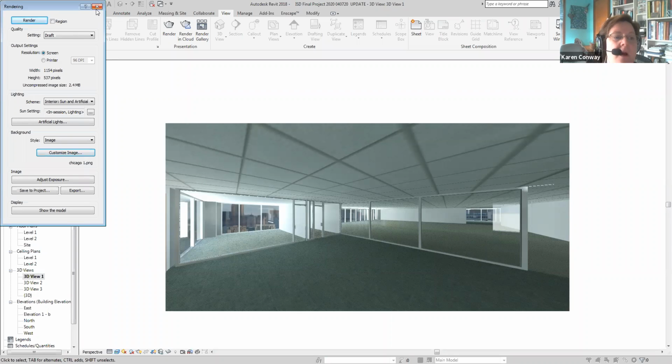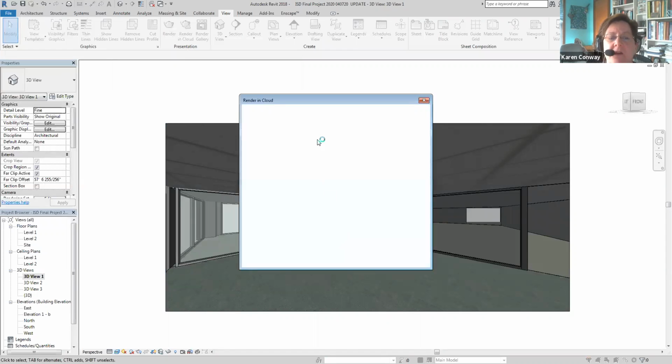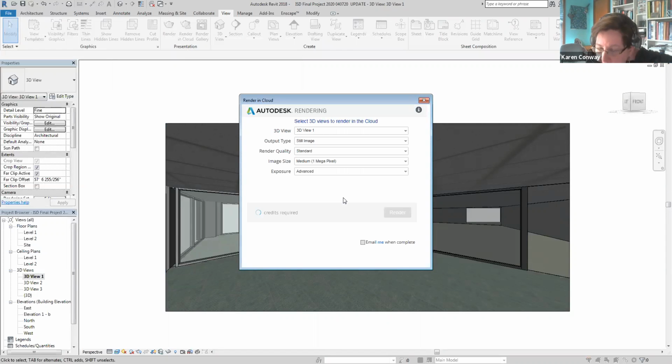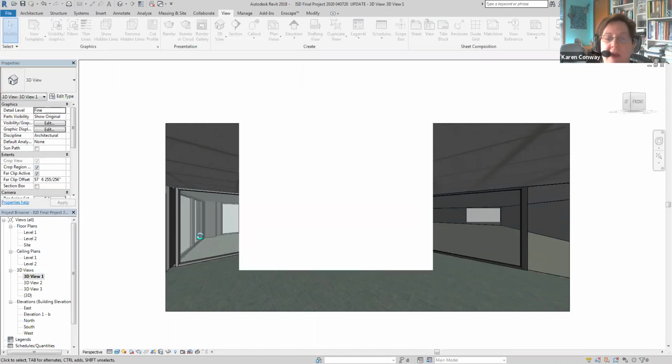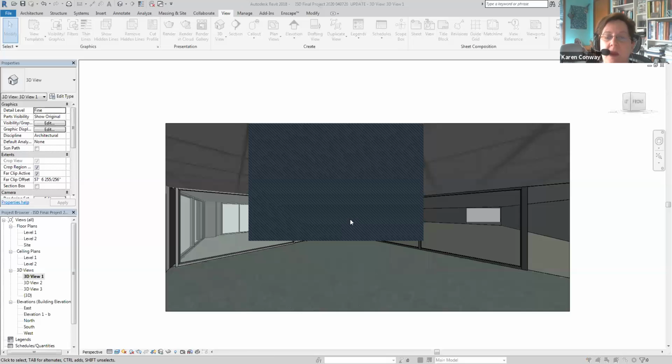That's pretty cool. Then if you want to see what this would look like on the cloud rendering, we're going to click Render in Cloud. You'll see this box come up. I'm already logged in, so you may need to log in with your account. I already have an account. This is not causing any credits. It's a medium size. All of that default stuff is good. We'll hit render for that. It's going to start, we want to say continue in background. And following render,